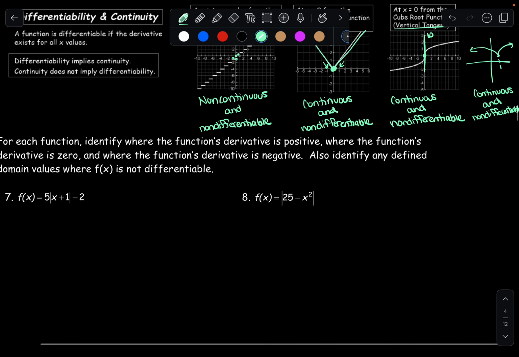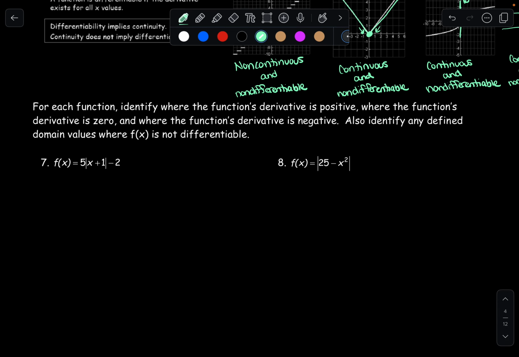All right, so a couple more examples where the function's derivative is 0. For each function, identify where the function's derivative is positive, where the function's derivative is 0, and where the function's derivative is negative. All right, so we have two absolute value functions. So already noting, we're going to have non-differentiable points included in these, okay? So for 5,